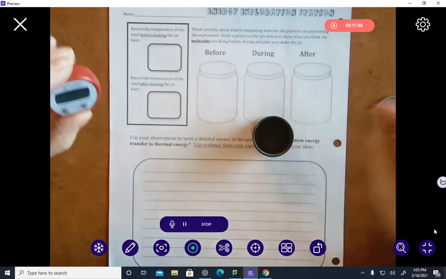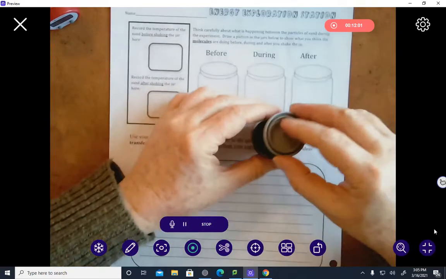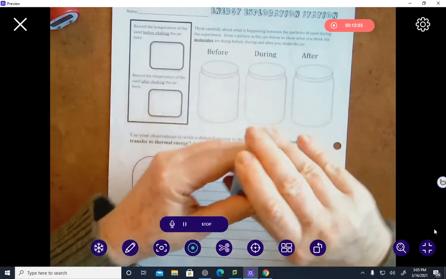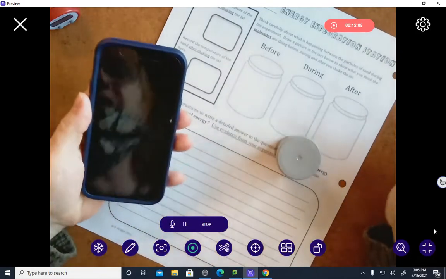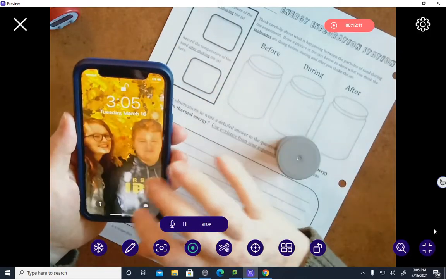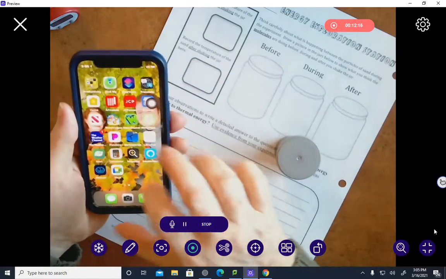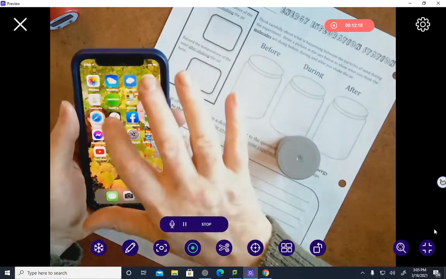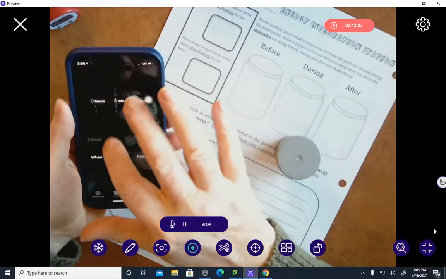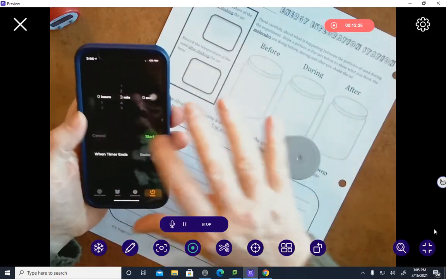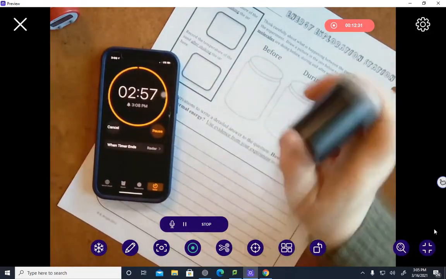So I'm going to set it there. Maybe I'll shut it off, turn it back on so it's at 0. And then I'm going to take this, and we did have a timer, but they had timers in the centers, but I'm going to go ahead and just use my phone. And let's go to a timer here. If I just want about 3 minutes, which is longer than you'd think, I'm just going to start shaking it and push start, and they were allowed to talk to each other,